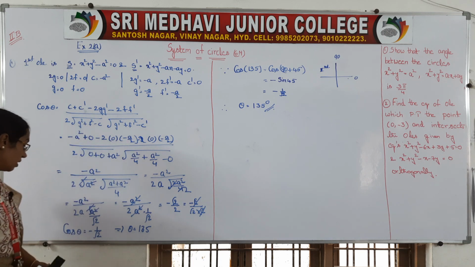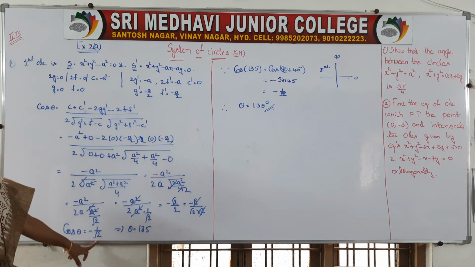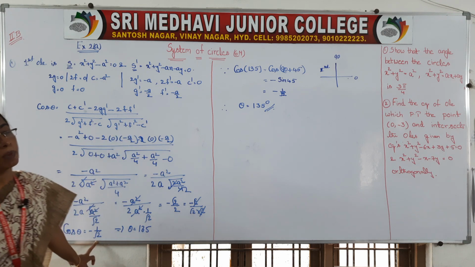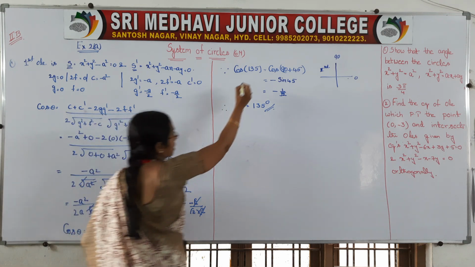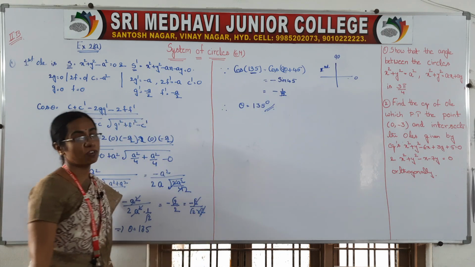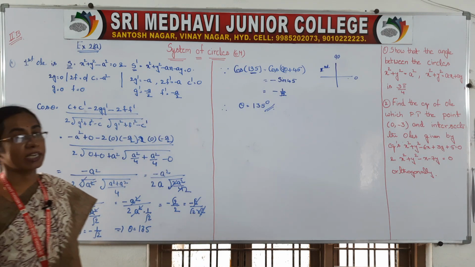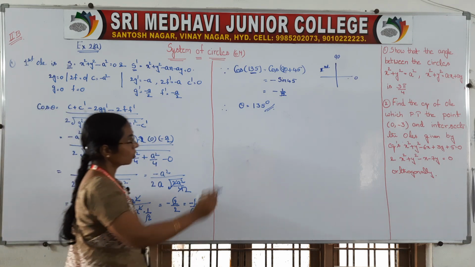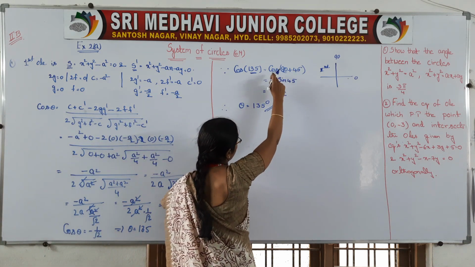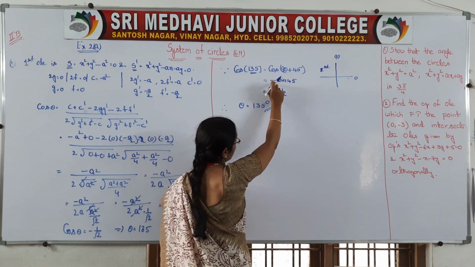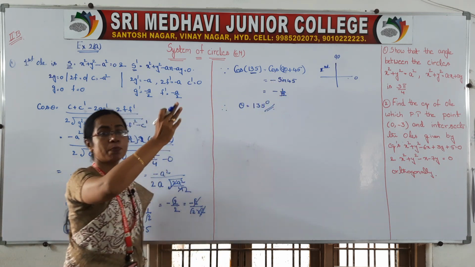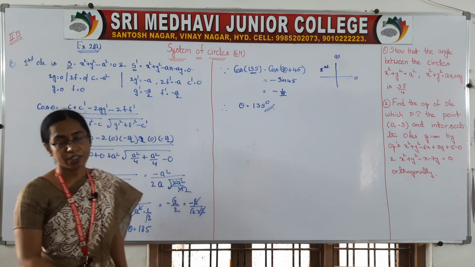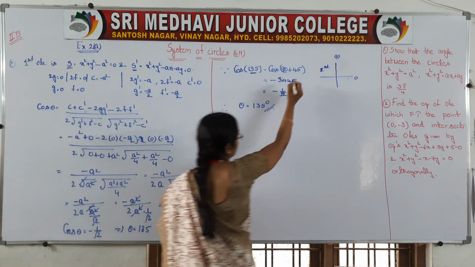And we got cos theta is equal to minus 1 by root 2. Cos of which angle is equal to minus 1 by root 2? It is nothing but 135, that is 90 plus 45. 90 plus means second quadrant. In the second quadrant, only sine and cosec are positive, the remaining are negative, so we get a negative sign. And for 90 plus, the ratio changes, cos changes to sine of the angle. The angle is 45.